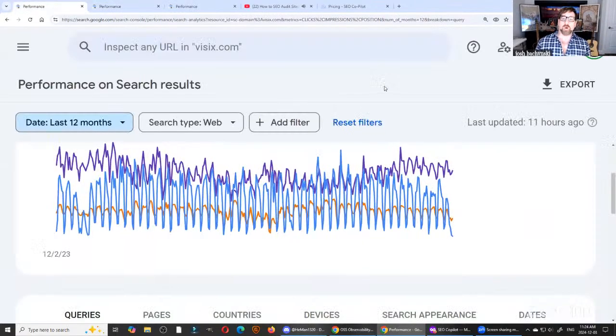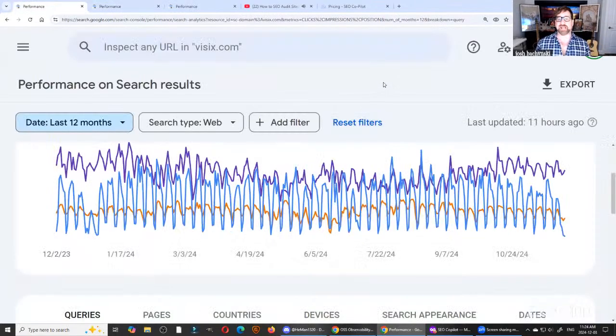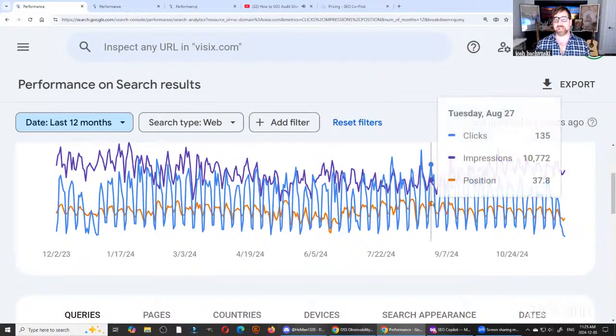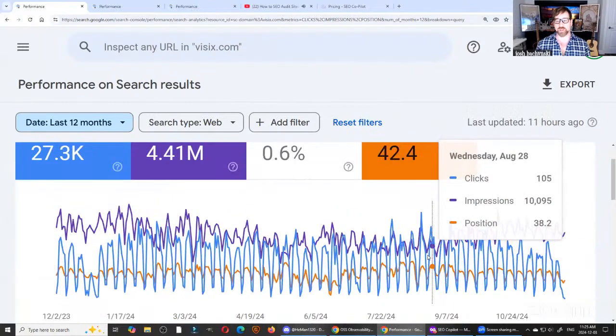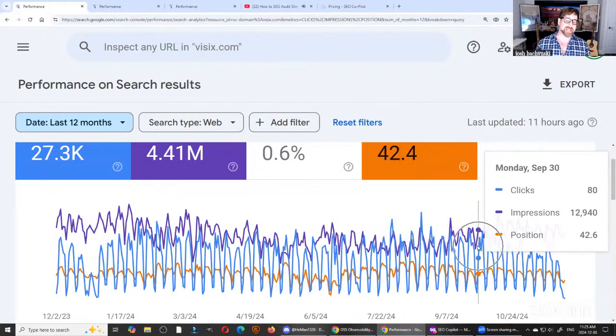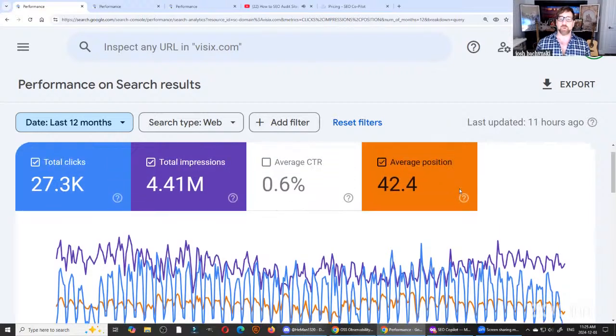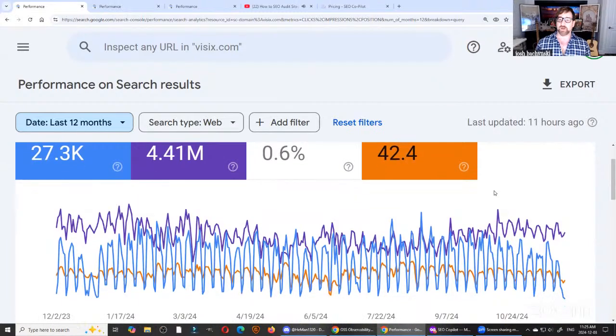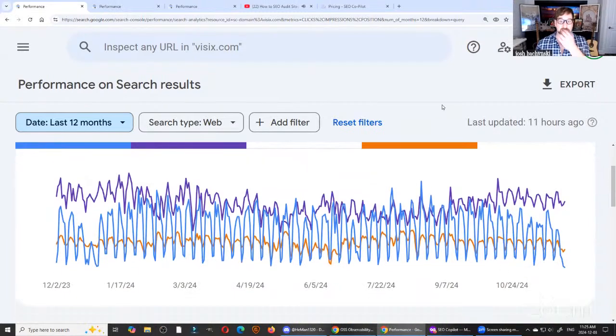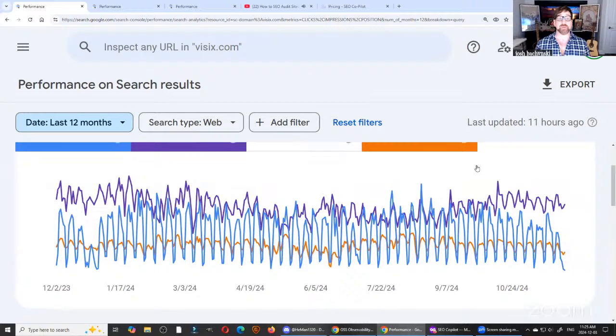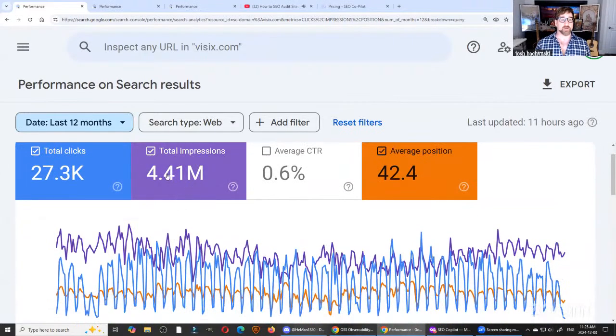So, okay, Josh, if that's the case, and I can determine all kinds of problems by looking here at the cardiology report, so to speak, the heartbeat of the rankings of this site, then when I look at this with my trained eye of 25 years experience, what am I seeing? Okay, well, this is another site I've done SEO work for. They've gotten 4.4 million impressions over the last year. That's great.